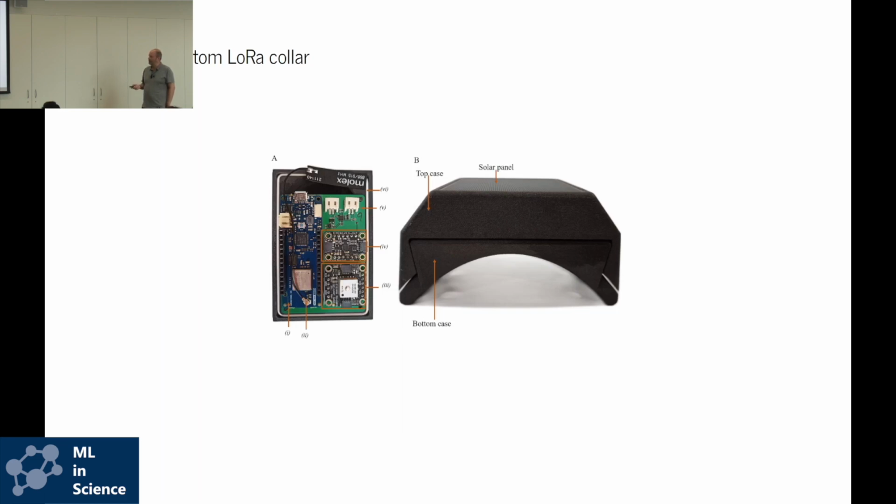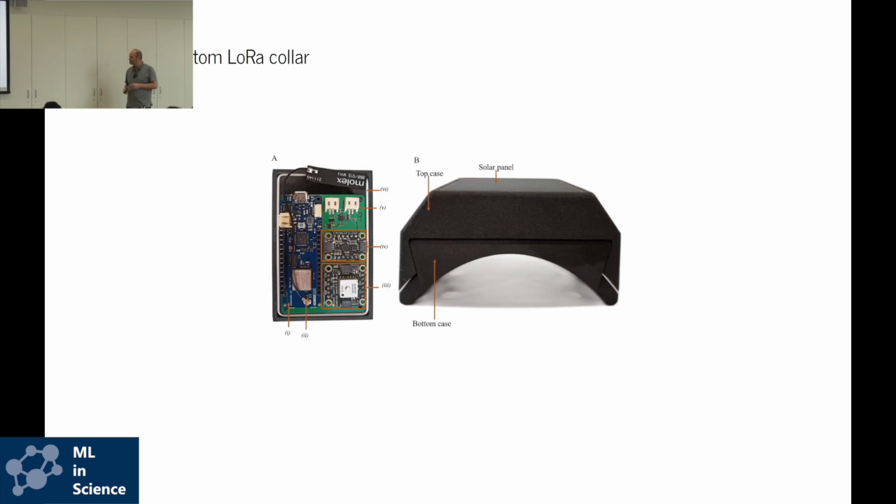So it has a solar panel. We have a little solar charge controller which controls the battery charge. This is the microprocessor unit, which is an Arduino unit. And we have this accelerometer. So we put all these components together, and this gives us everything we need to study these animals and get